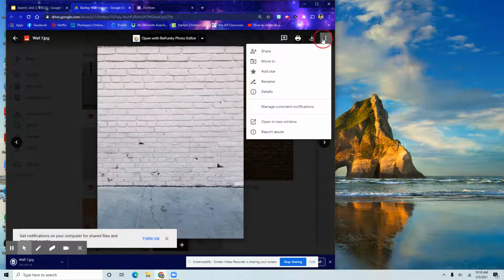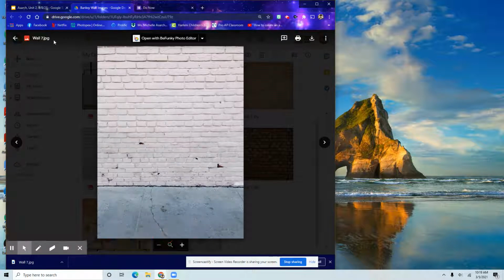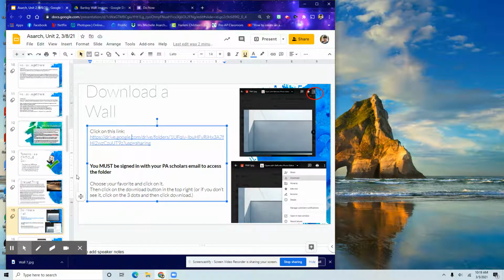If you do not see it, if you click on the 3 little dots, it should have the download button there. So either it'll be there or there. So now that I have it downloaded, I see it in my downloads bar. Going back here,